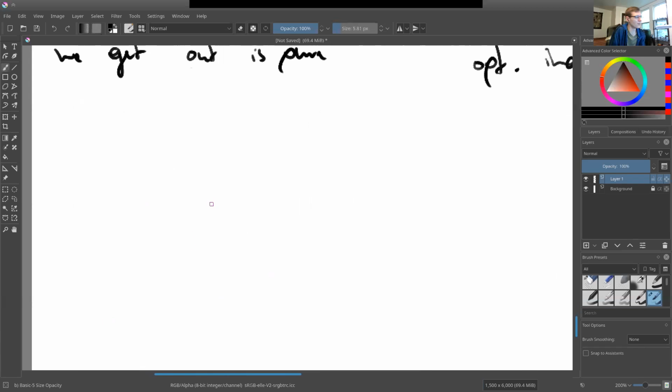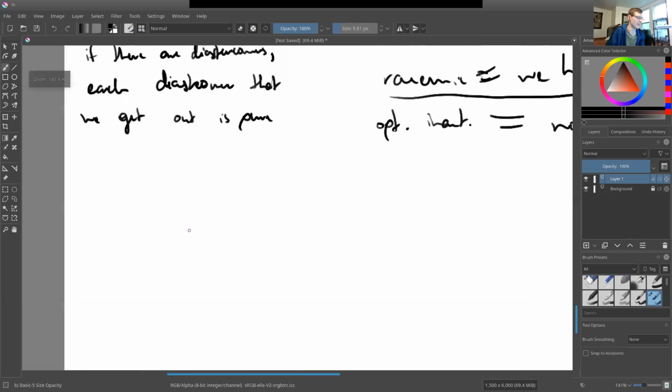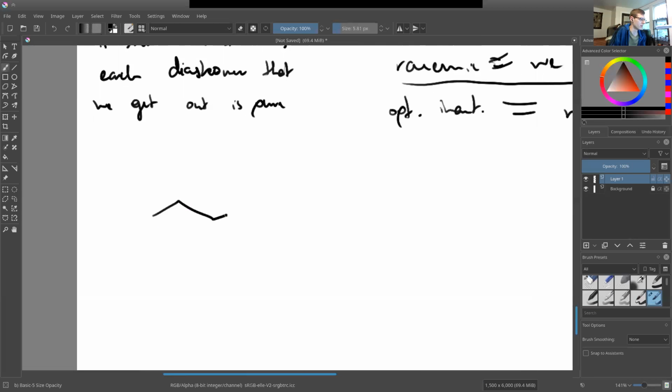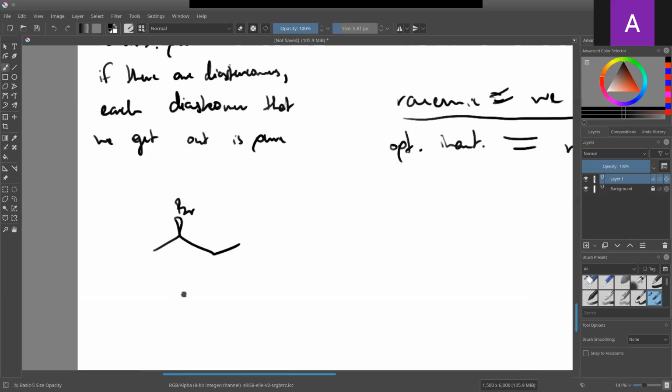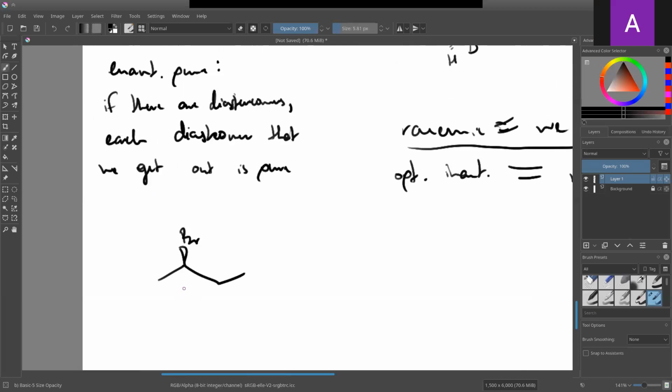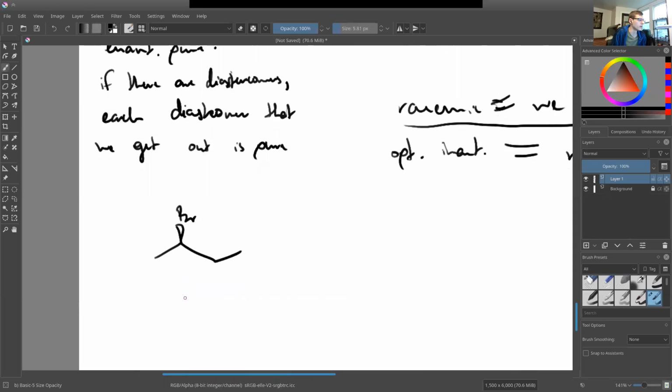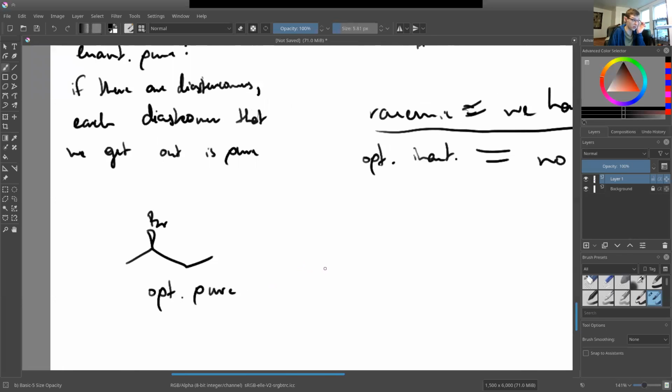Yeah, so I guess, okay. I probably could have said all of this with a single example. Before you do that, when you say a single chiral center, do you mean a single chiral molecule, or do you mean just a center? Just a center within the same molecule, the same structure. Yeah. So in this case, okay, here we go. This is optically pure, right? So this thing is optically pure, and then